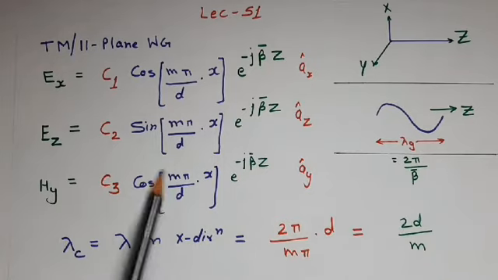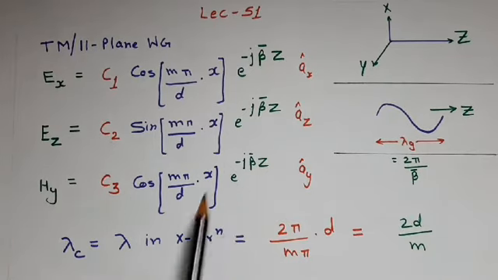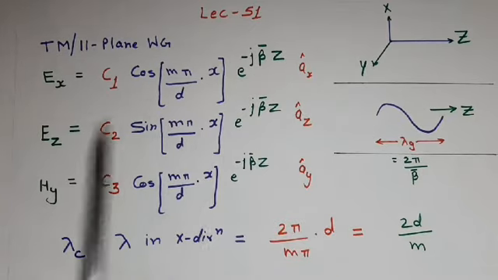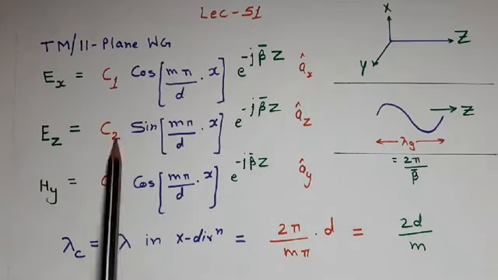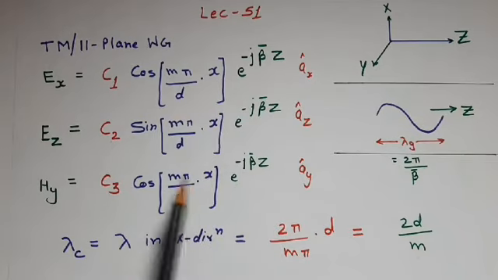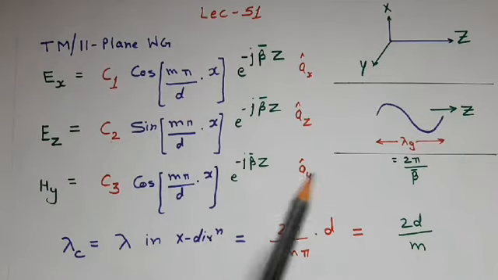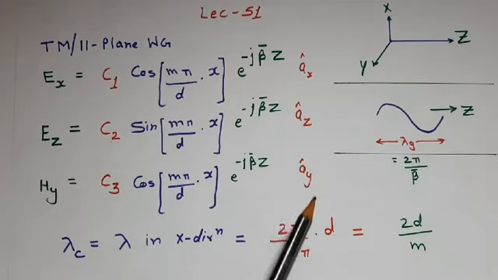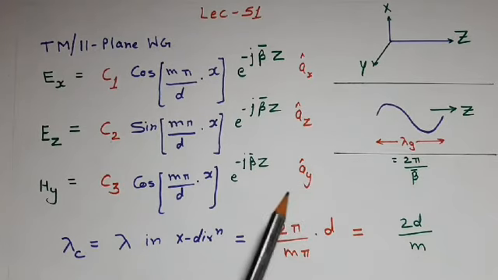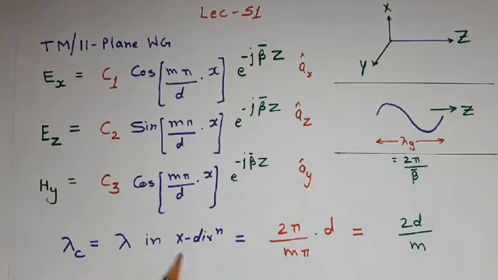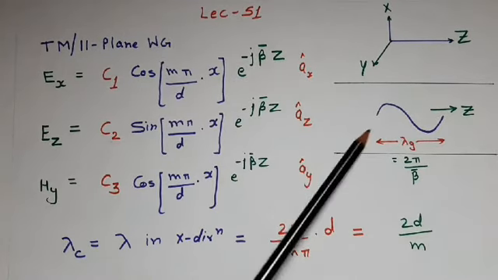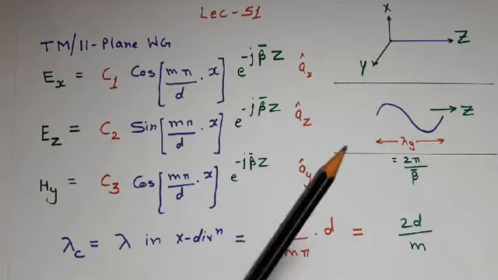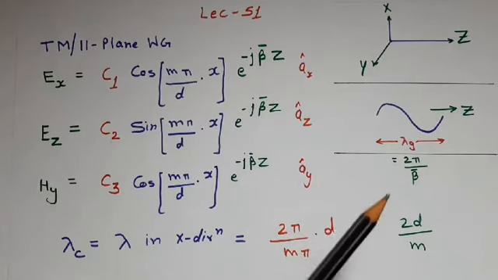Now if we talk about field variation in y direction, then we find that in this expression there is no term which contains y. Therefore we can say there is no field variation in y direction. It means in y direction field always remains constant, and analytically we can say that in y direction, because there is no boundary, and if in any direction no boundary exists, so in that direction field will remain constant.